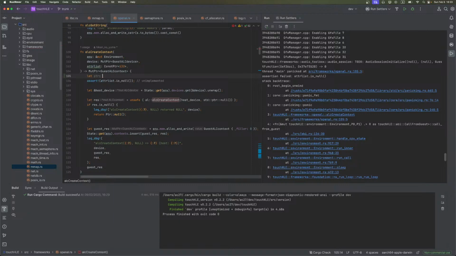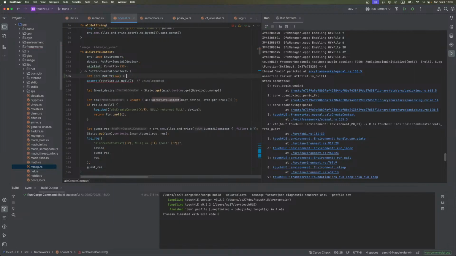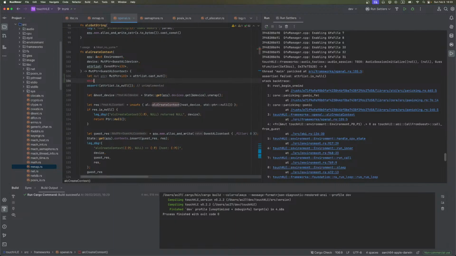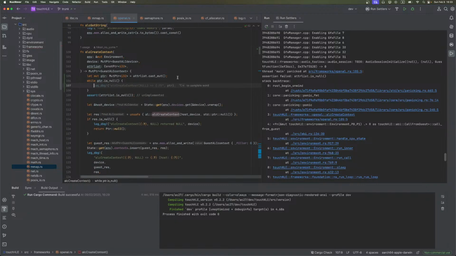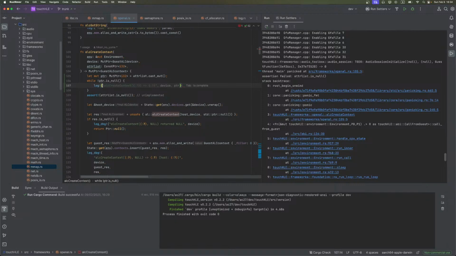So I can say something like let ptr, and I will say mutable pointer i32, attribute list, cast mutable, and I want this to be mutable, and while this pointer is not null, I want to print the contents. So it's said in the specification that this is a zero-terminated list of integer pairs. So I think I could do something like